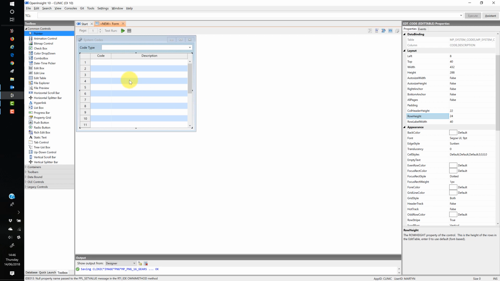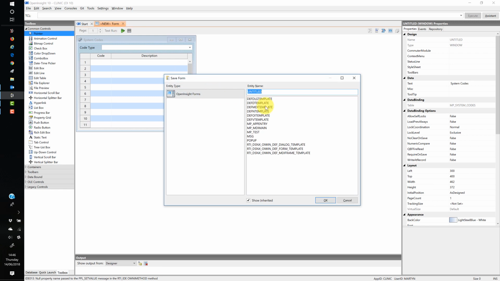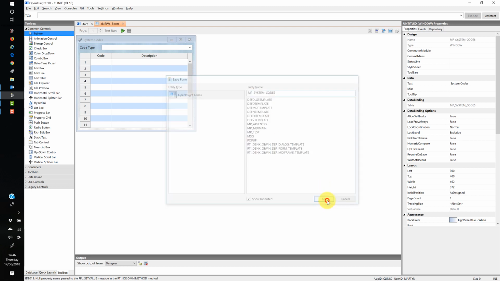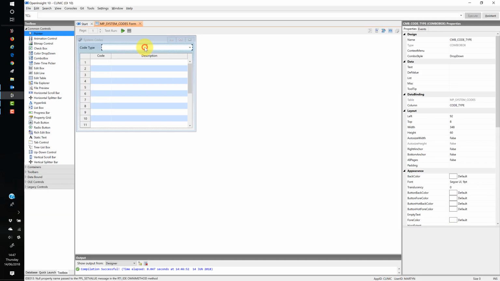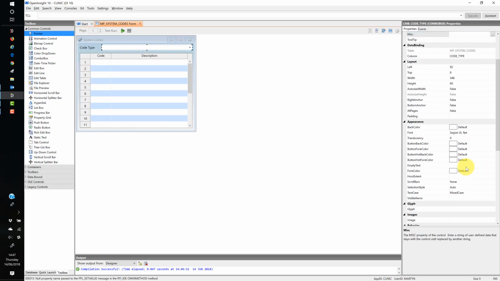Okay, so if we now test run that form, we'll need to give it a name. So it's going to be mp_system_codes. Okay, now we can add in a code here. So this could be people titles. And in fact, because it's a code, I think what we'll do is make it uppercase only. So text case, we'll change that to uppercase, because what we don't want to do is